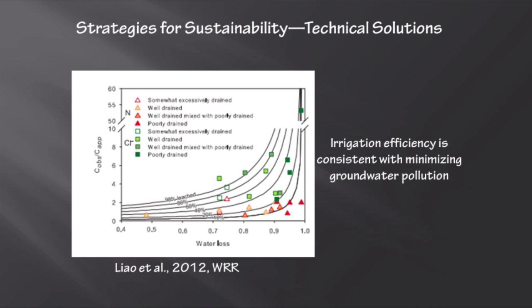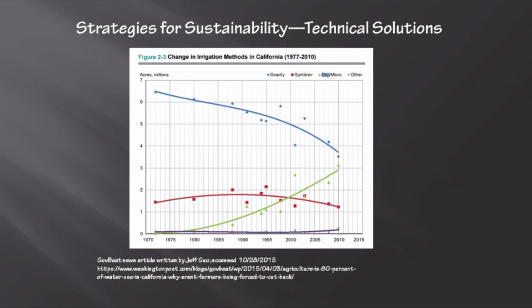And coincidentally, when you irrigate less water on these fields, you need less fertilizer. So basically, the take-home point here is that we need to somehow encourage the agricultural sector to water less. But I think the truth is that growers are a lot smarter than you would think, and they're already doing this in a lot of ways.